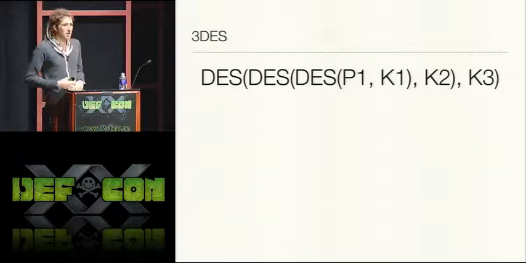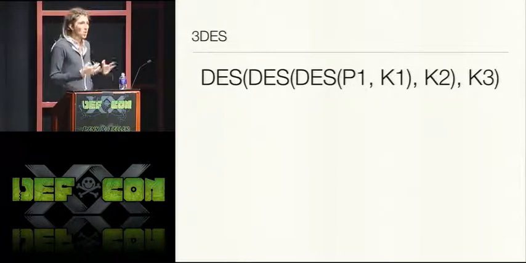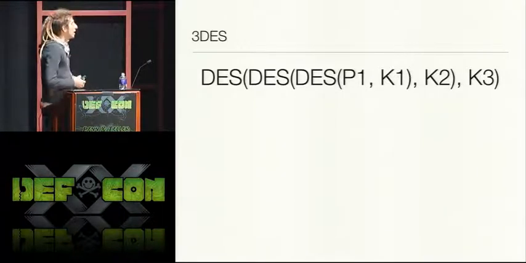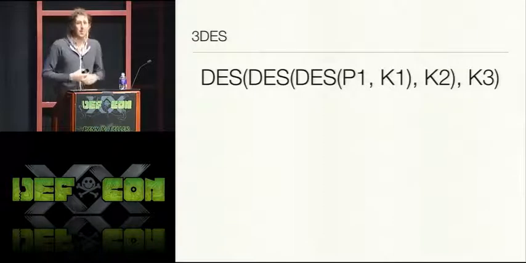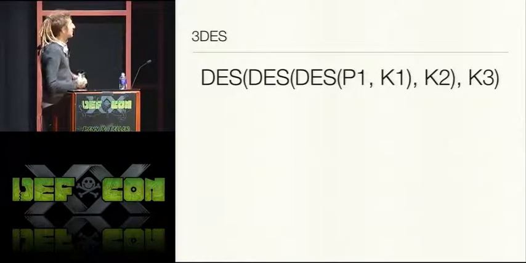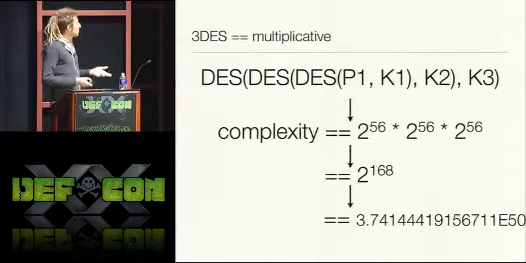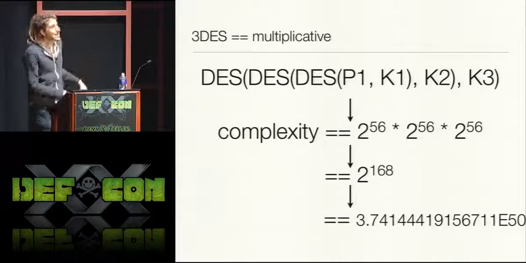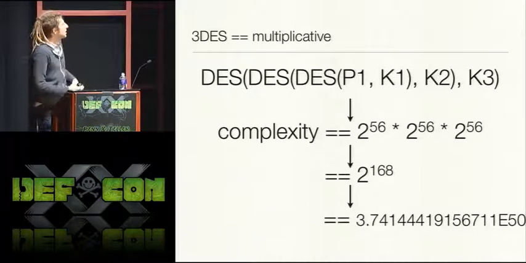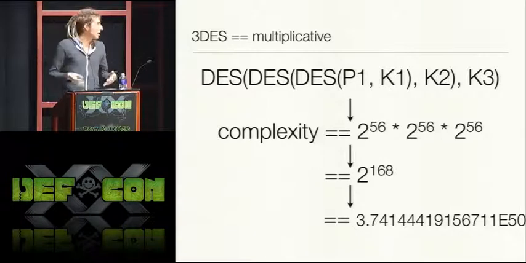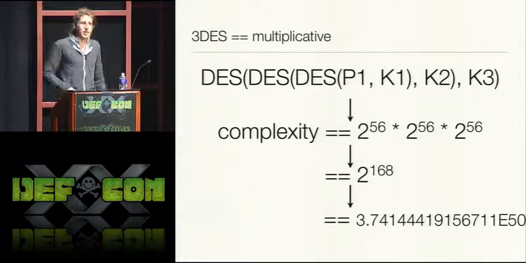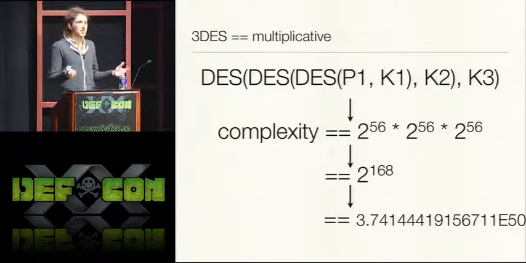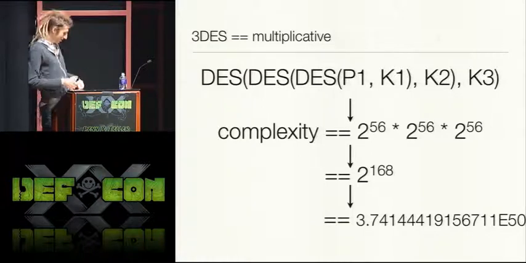and you DES encrypt the plain text with one key, and then you use the output of that, the ciphertext from the middle encryption, as part of a DES operation with a second key, and you use the output of that as part of a third DES operation with a third key. So when you do that, you get this multiplicative complexity, right? Where your key space jumps from 2 to the 56 to 2 to the 56 times 2 to the 56 times 2 to the 56 for a total key space of 2 to the 168th, which is enormous, right? And in practice, there were some attacks that you could do to reduce that to 2 to the 112th, but that's still quite big and certainly sufficient.